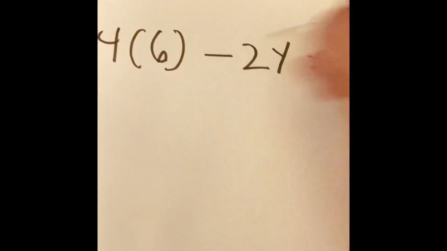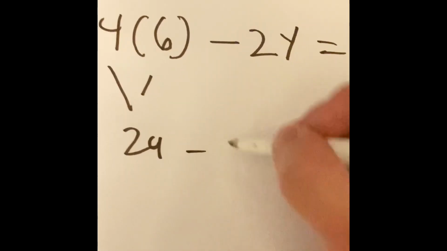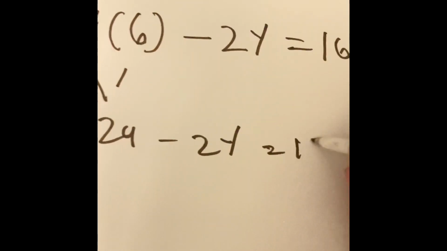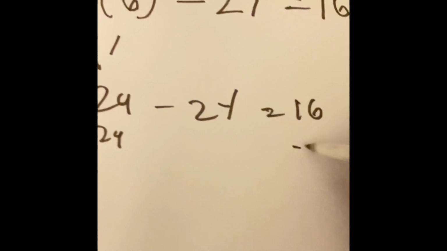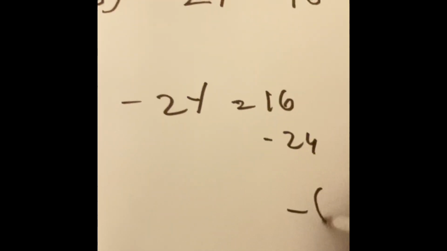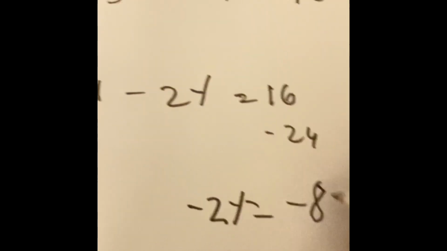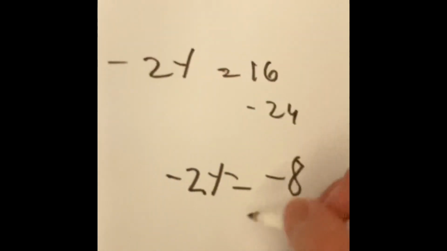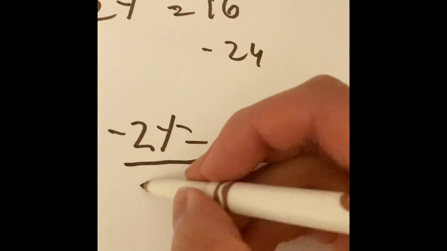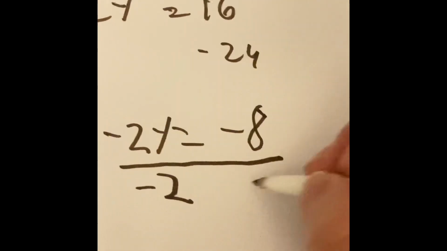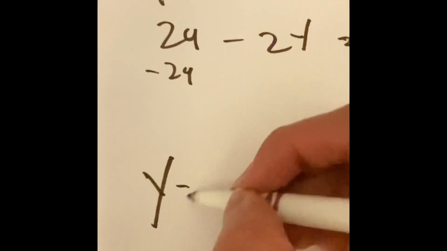When we get y alone, 4 times 6 is 24, minus 2y equals 16. Then we subtract 24 from both sides, and we have negative 8 as an answer. Negative 2y equals negative 8. What is y? We divide both sides by negative 2,